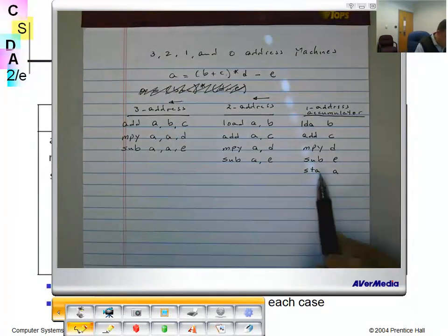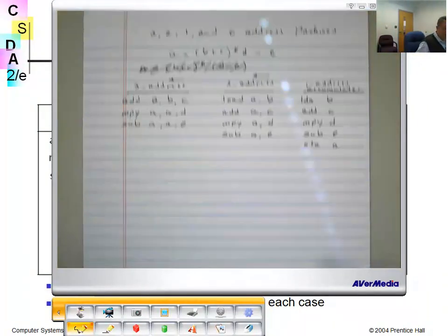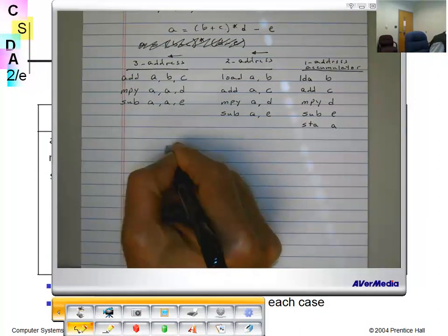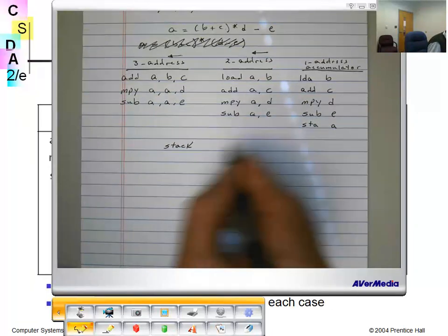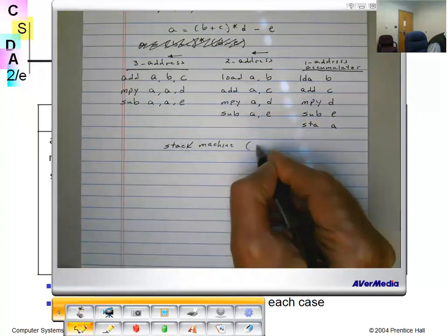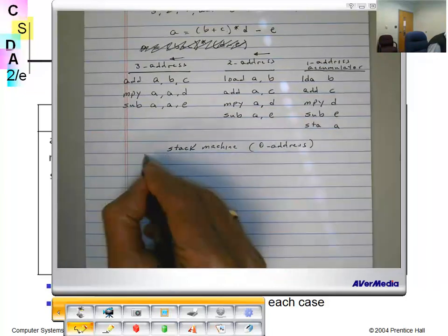So I take him into the memory location A and store him right there. Now let's take a look at the stack machine. That's a little different. The stack machine, or zero address machine, right? The way it is done,